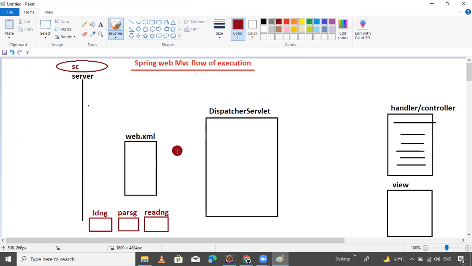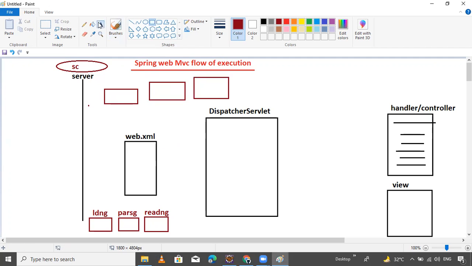If it is not available inside the classes folder, then it will search for the dispatcher servlet under the lib folder, where your jar files exist. Then it identifies the dispatcher servlet, and performs loading, instantiation, and initialization.